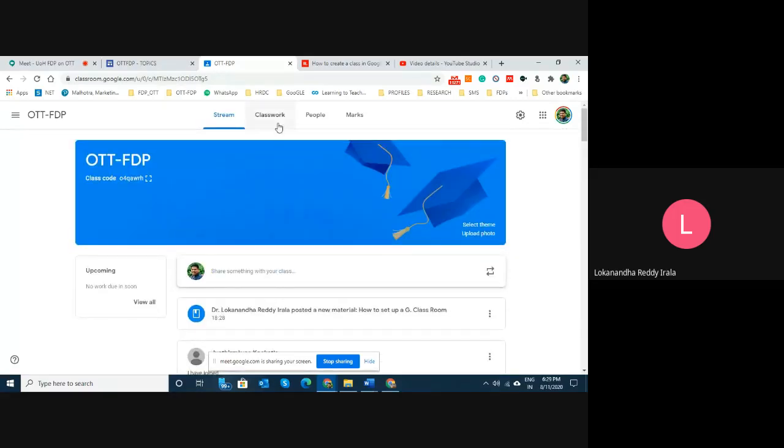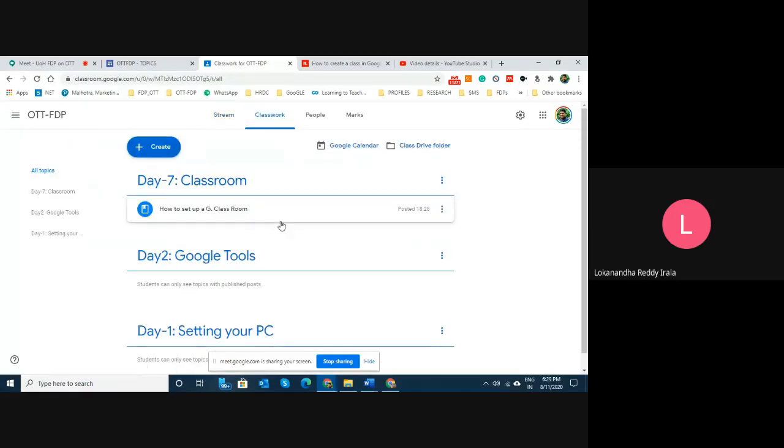So for that only you have this classwork. So in this classwork, it's only the teacher, and it is organized, whatever class wise or day wise. So if you really don't want to miss the important things, always go to the classroom and see whether there is any updating of the files, etc. And then probably after a while, I think even people can comment on this. But let us go to, once I have created this material for the students in the classroom, let me show you how it looked for a class student.